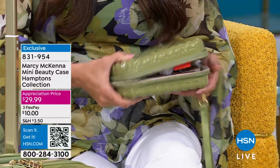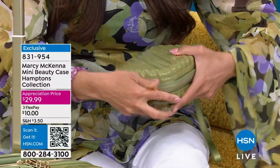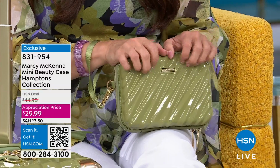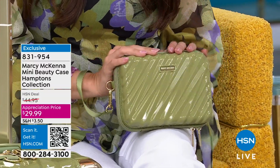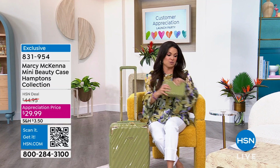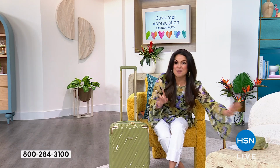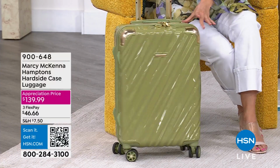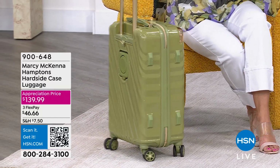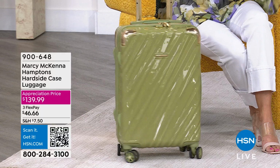When you are traveling though, to have it all in this chic little hard side case, how cute is this? It's got a little wrist strap as well. $29.99 for our customer appreciation price point. It's such a good deal and it comes in multiple different colors. So that's coming up. Also coming up, look at this, the newest, latest version of Marcy's 22-inch carry-on hard side